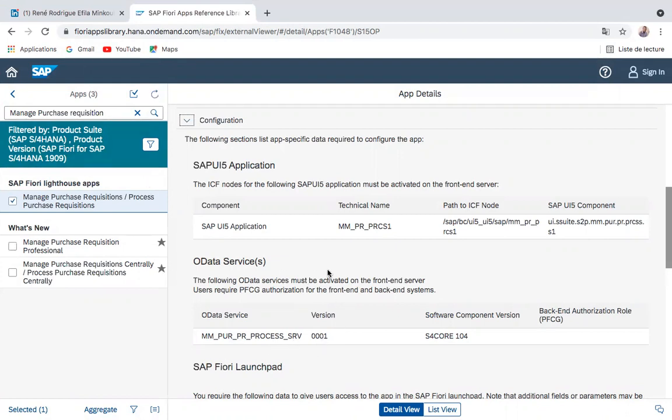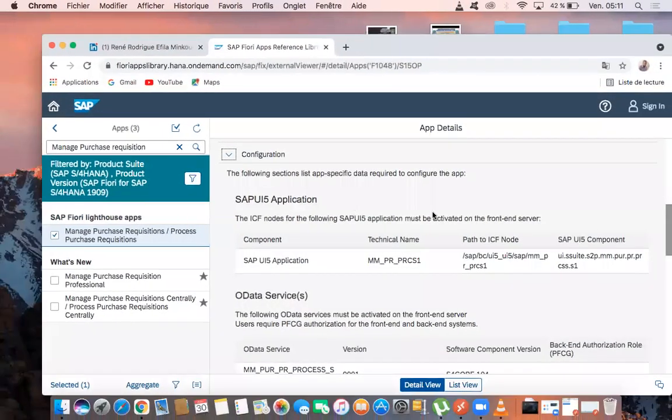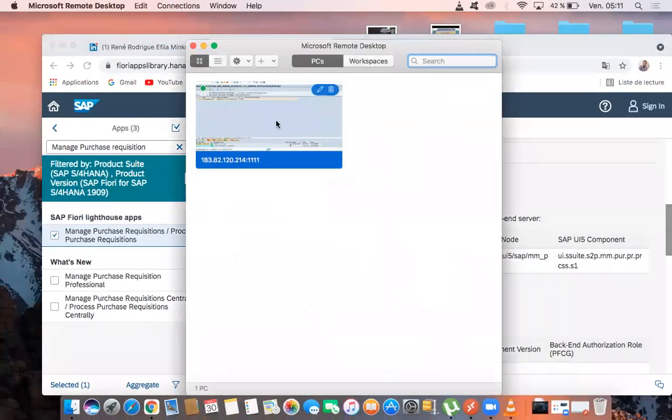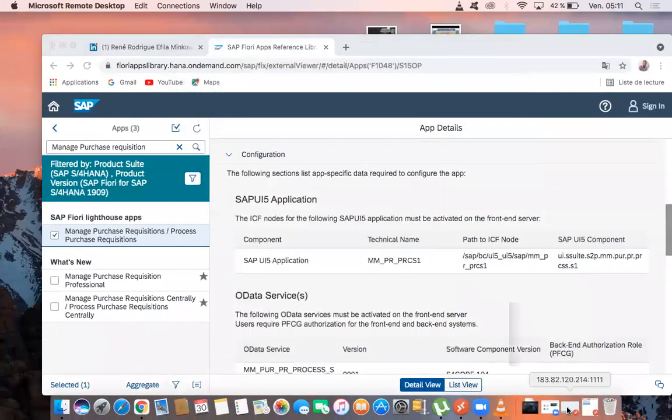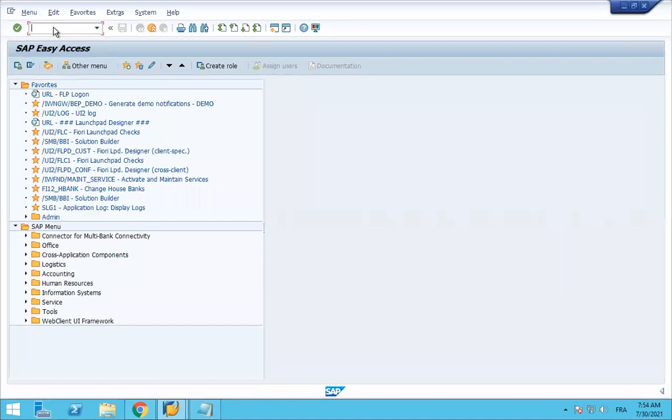I will explain what the OData service is, but before this, let me go back here in our system. Then go to use the transaction code STC01.